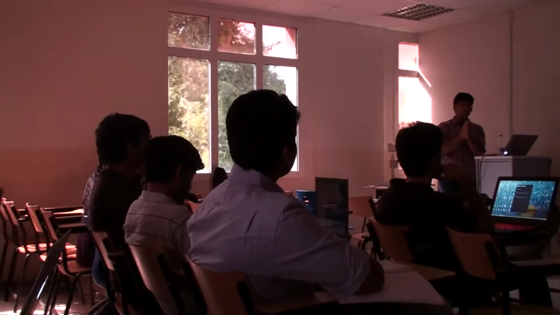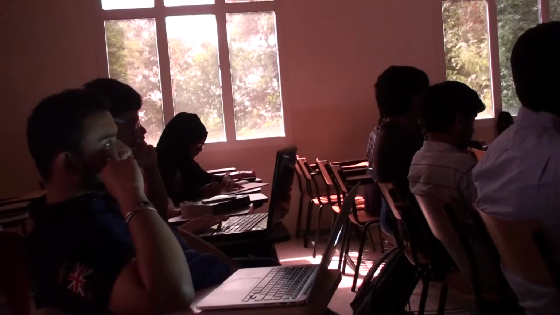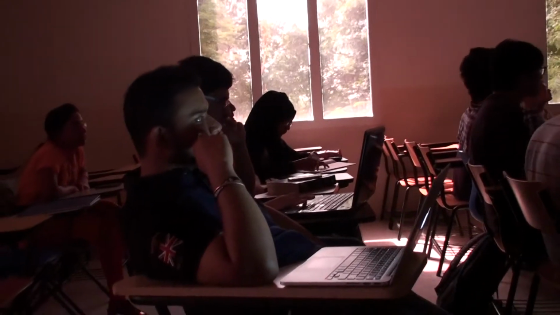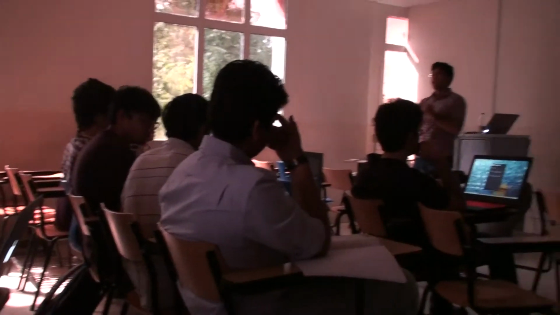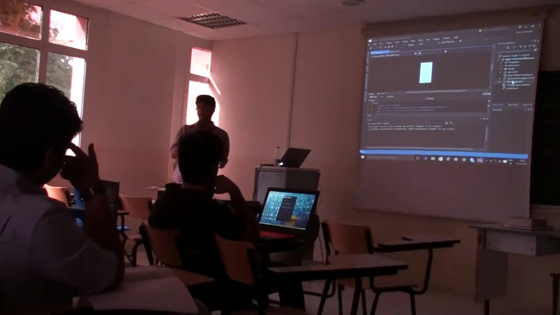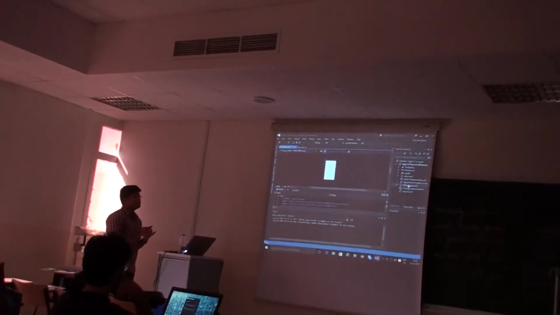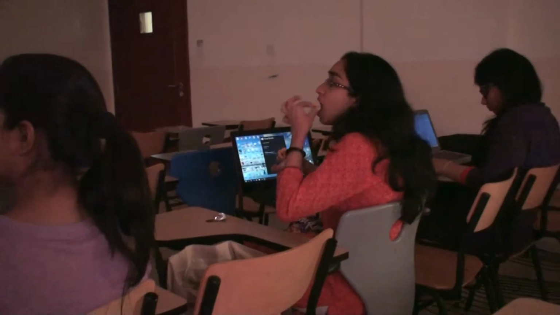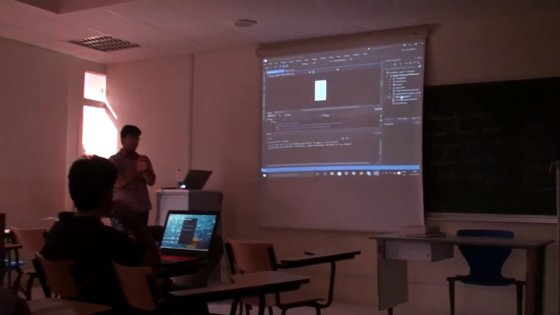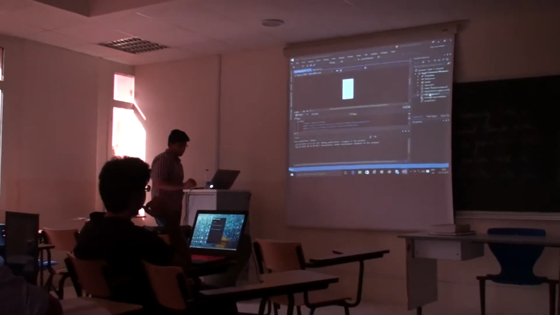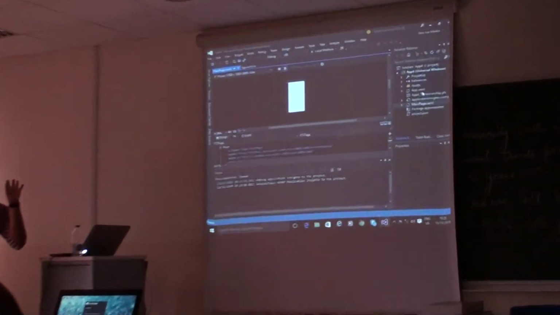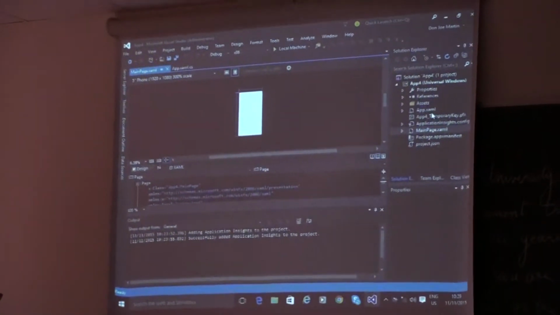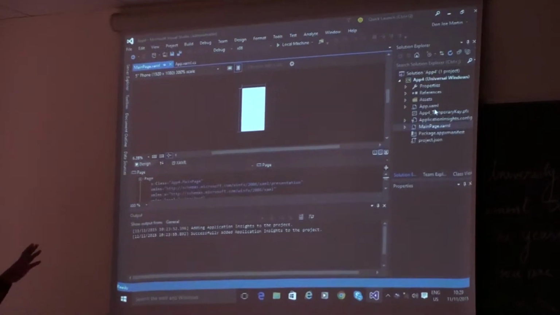The only thing you need to do is add an API from Google. So what happens is, once you add that, your app will have a map. Your app will have all the capabilities that Google Maps has, which is navigation, directions, roads, traffic, whatever it is, it will be automatically added to your app. The only thing you need to do is get the API and link it to your app. We'll come to that part later on in the session because that's a bit complicated for beginners. So that's basically what references are for. You can do a lot more in references, but let's just keep it at that for a moment.